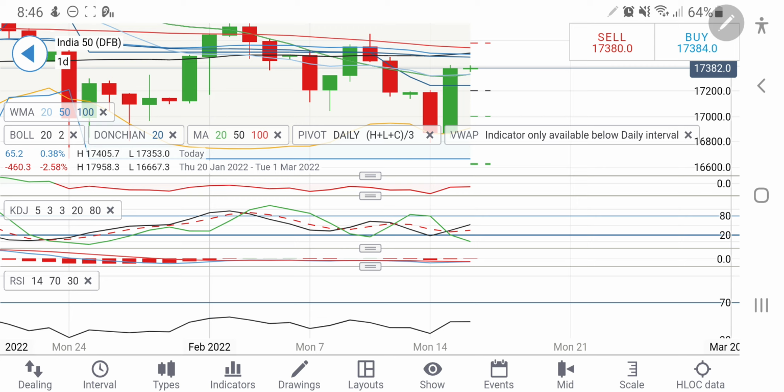So let me summarize here again. A long entry is suggested only once it breaks 17450. That too, the nearest resistance level will come into picture at 17500. You can try to initiate a short entry at 17500 if you see it trading there, but remember,